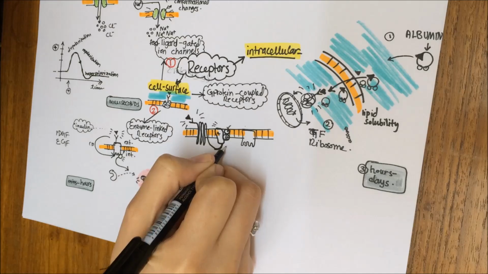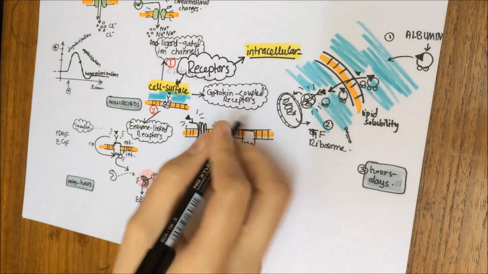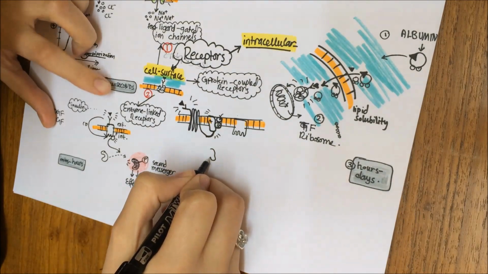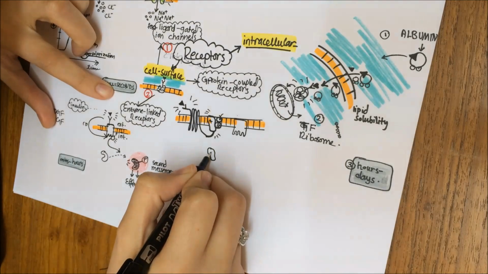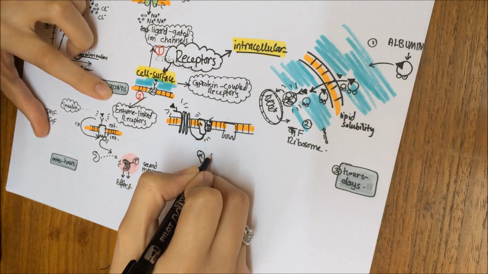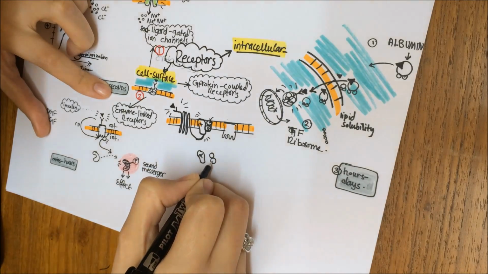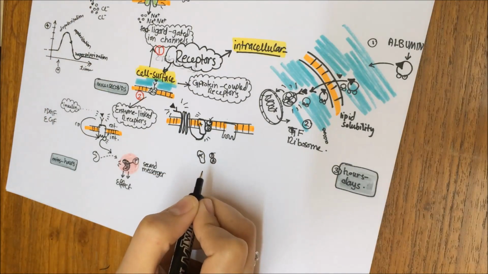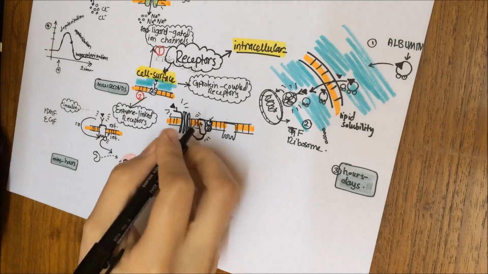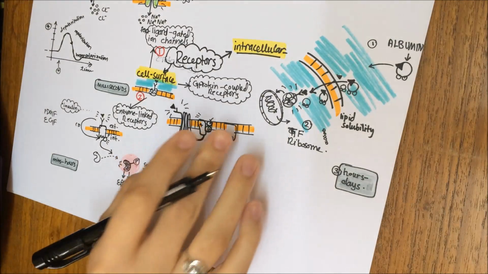Activation of the G protein will make it separate, so the alpha subunit is now separated from the beta and the gamma subunits. Now this happens because